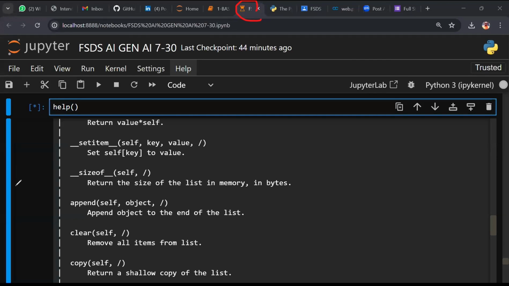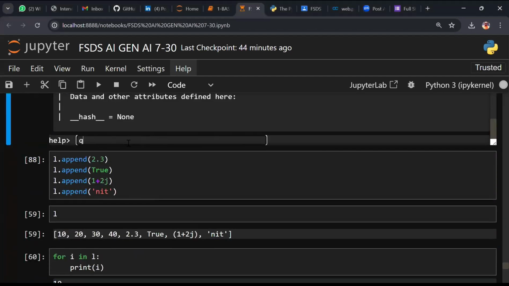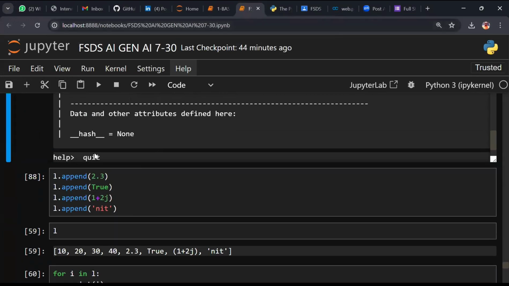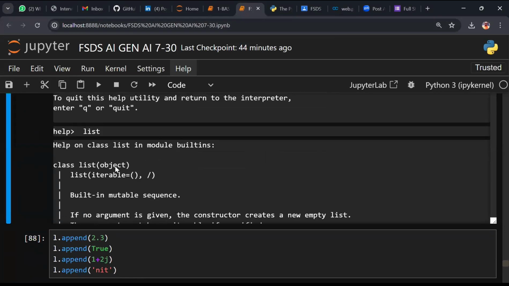So I have to stop it. How do you stop it? To stop it, you go again and type quit. Check this. Now it stopped. Proper stop. Can you type QUIT? So here, do you see we have many methods or not?